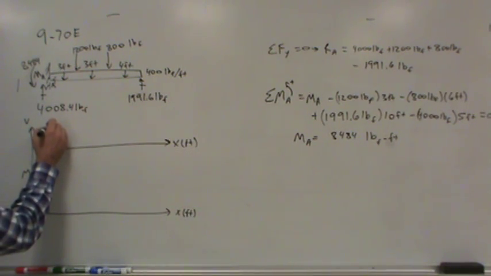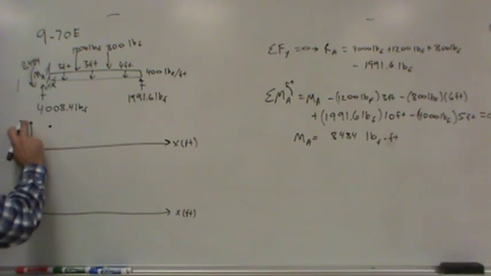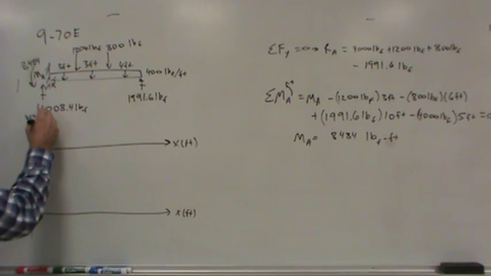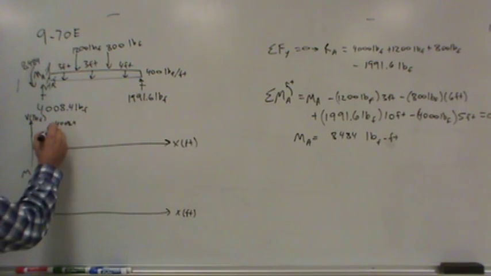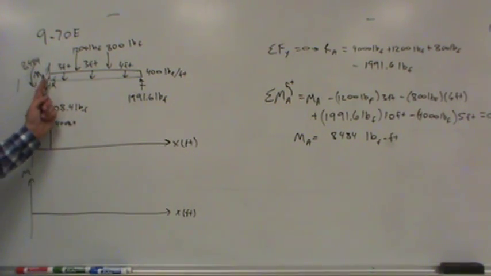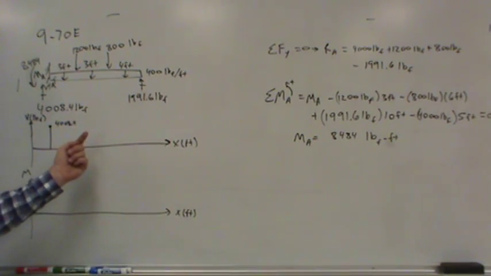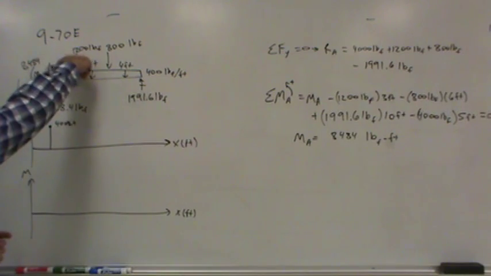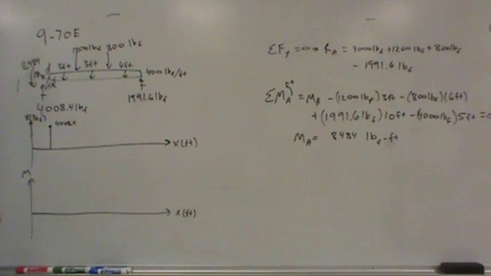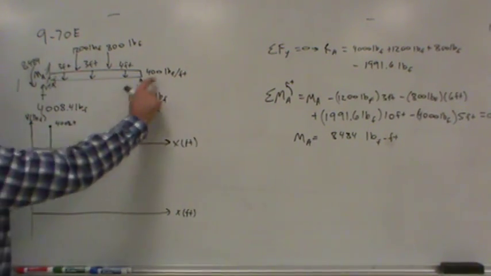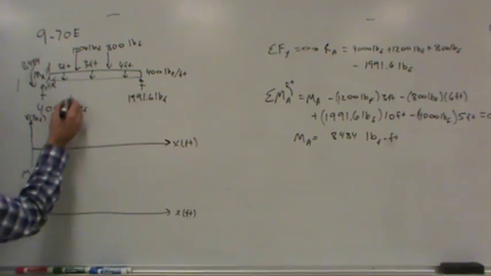Let me put it here. And so it is measured in pounds force and starts out at 4,008.4 pounds force. Okay, so there's the first shear. Now, as we move along, foot by foot, 400 pounds is taken from this shear. Do you guys see that? Because this distributed load is pushing down on the segment of the beam, and so we don't have to have as much shear pushing down on the beam to keep it from accelerating. So at 3 feet times 400, that would be 1,200 pounds that we can take from,